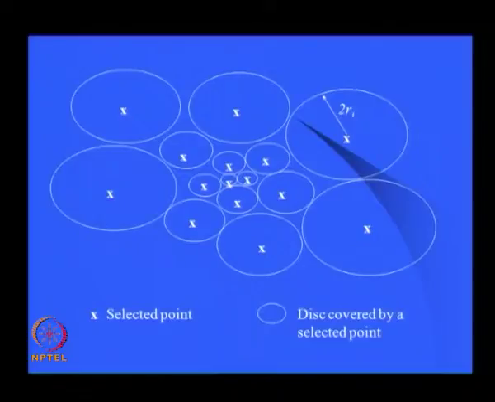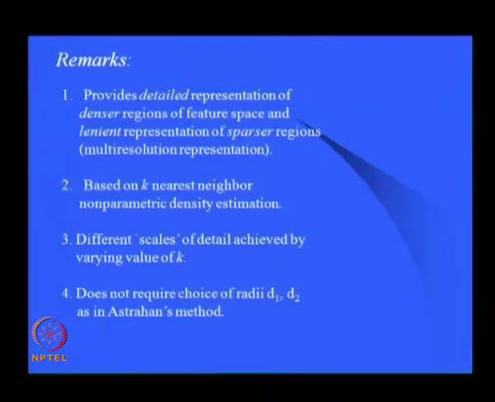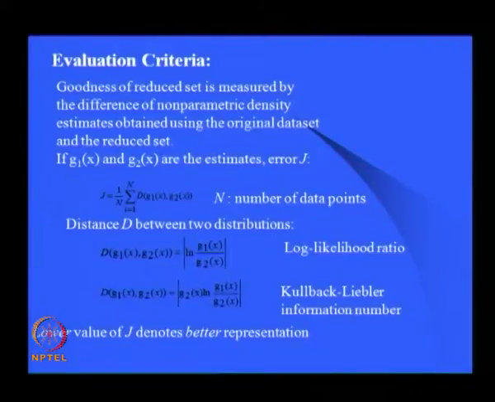This is one of the results that is obtained when the data set, I mean these are the representative points, and these are discovered by this method, and there are several evaluation criteria that are used. You have something called Kullback-Leibler information number, okay. That is G2(x) log G1(x) by G2(x), and you have log likelihood ratio that in some way gives you the distance between two distributions,